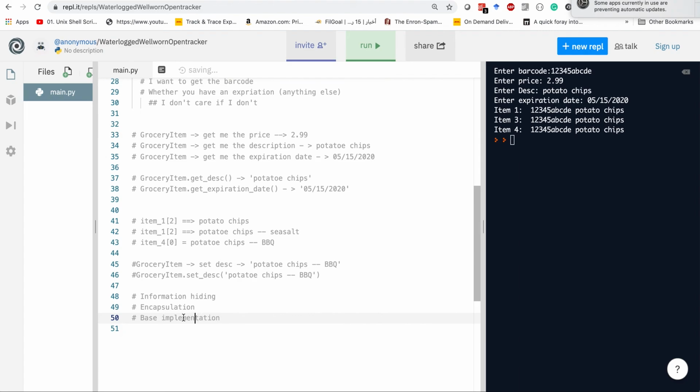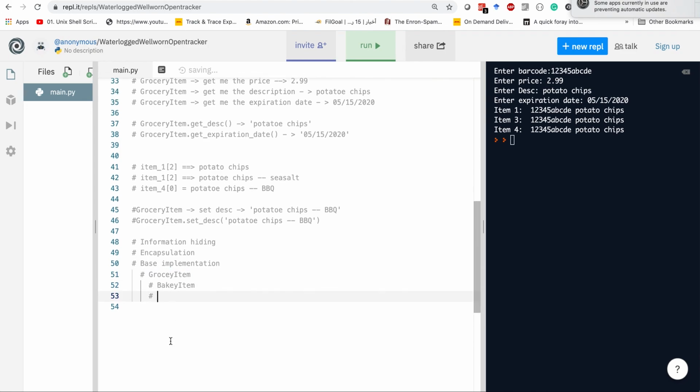A base implementation for the grocery item, where I'm going to design a generic grocery item, and then here I will start being creative about bakery items, that will have very similar description of any grocery item,